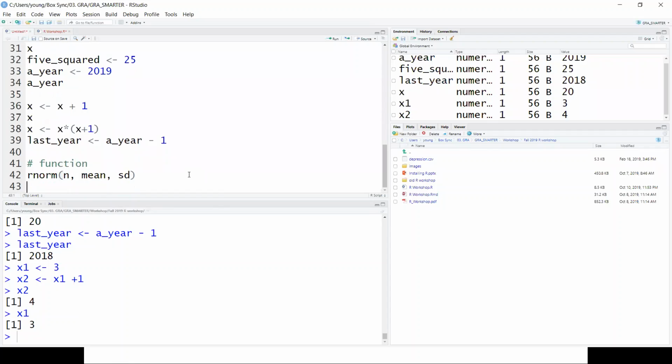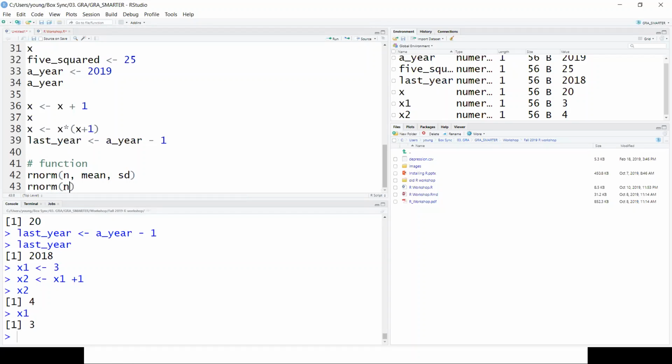What's interesting about RStudio is that when you write rnorm, even if I didn't finish the function yet, rnorm just popped up, and so you can just press enter and select it. This is great. And after I write rnorm, if you see your screen, it's a really tiny font, but you can see that there are n, and mean equals 0, and standard deviation equals 1, and you can use this as a hint for your function.